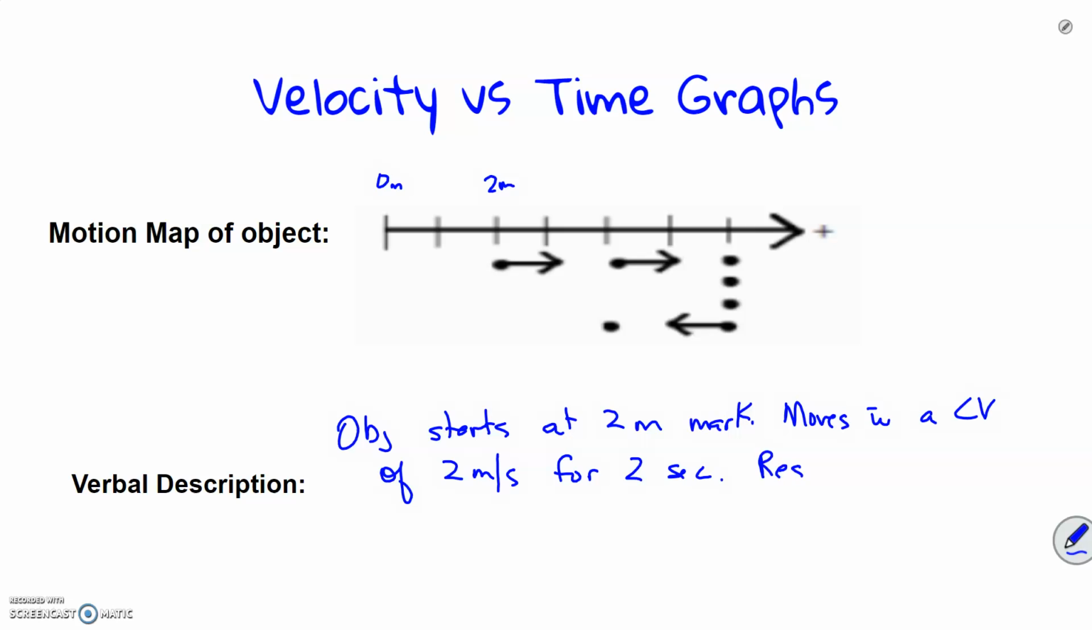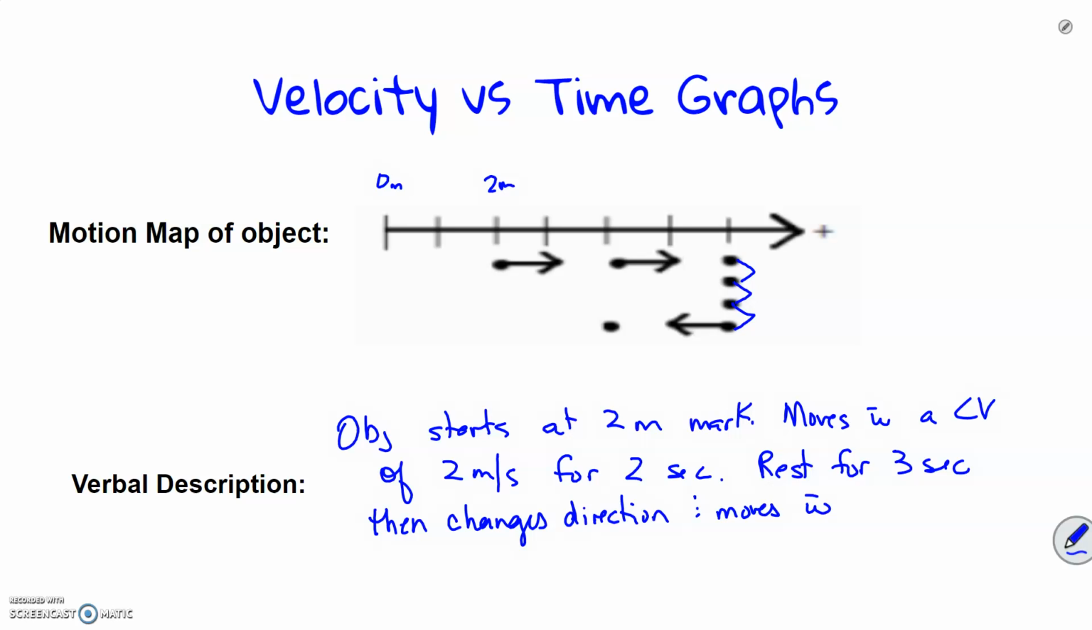Then it is at rest for 3 seconds. So here's the rest. There's 1 second, there's 2 seconds, there's the 3rd second. Then it changes direction and moves with a constant velocity of a negative 2 meters per second. The negative means that it changed direction for 1 second,